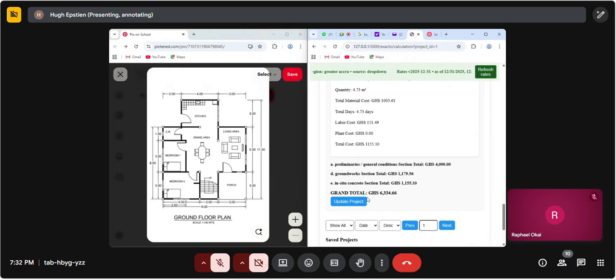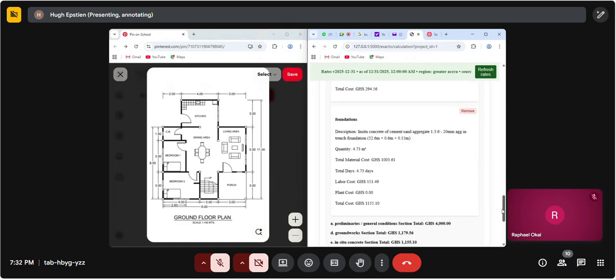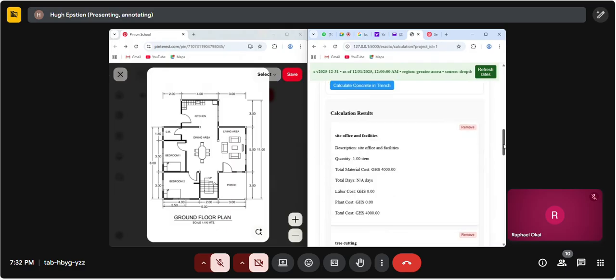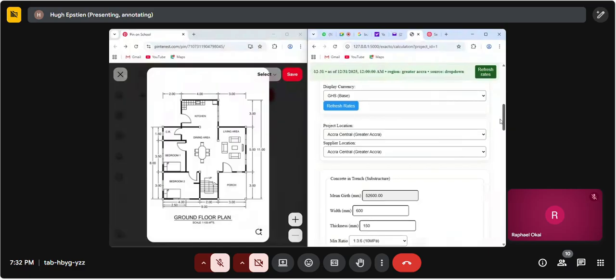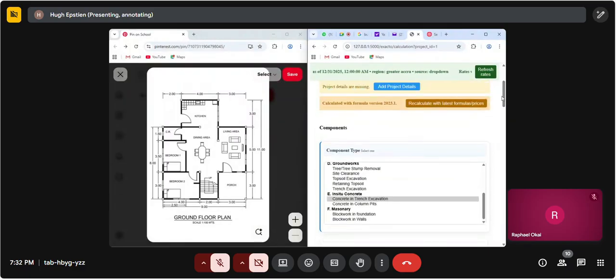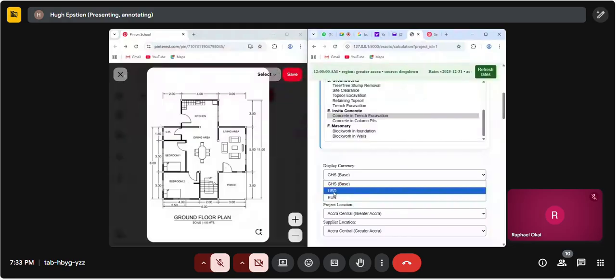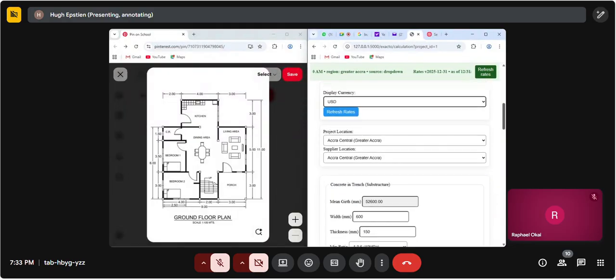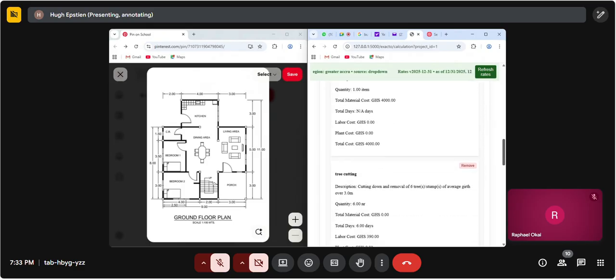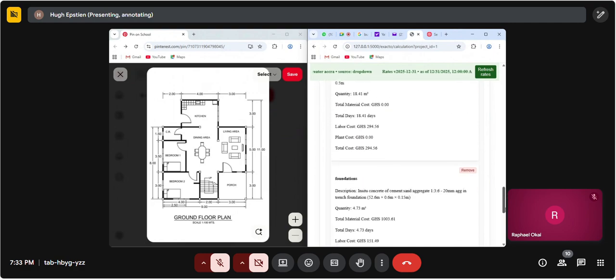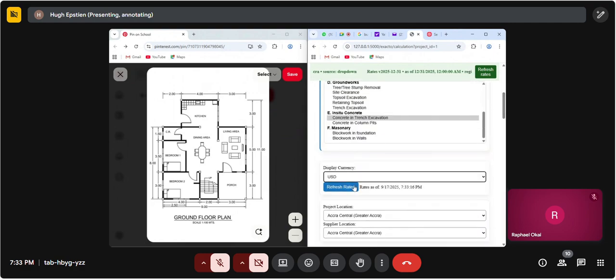So now we have 3 work sections, and this is the total cost right now, including labor, material, and plants. Very nice. Some clients want to know the equivalent in another currency, so they can select it from here. The basic ones we have are USD and Euro. Once you click that and refresh,